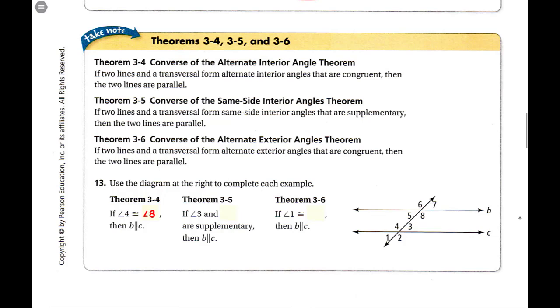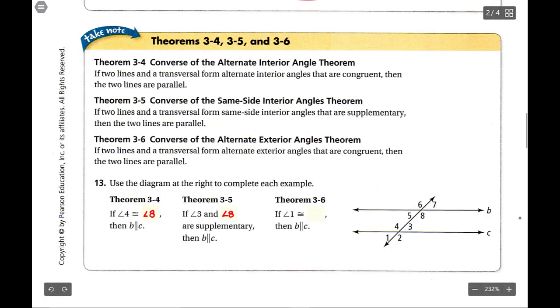Theorem 3.5 is if angle 3 and some other angle are supplementary. So we're looking at angle 3, and the theorem that we're using is if two lines form same side interior angles that are supplementary. So then that means it would have to be angle 8. If angle 3 and angle 8 are supplementary, meaning they add up to 180 degrees, then lines B and C